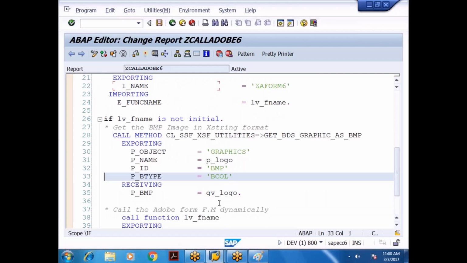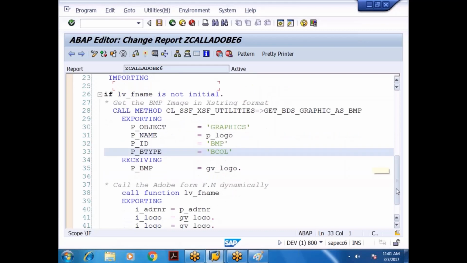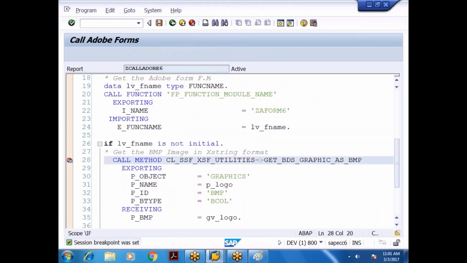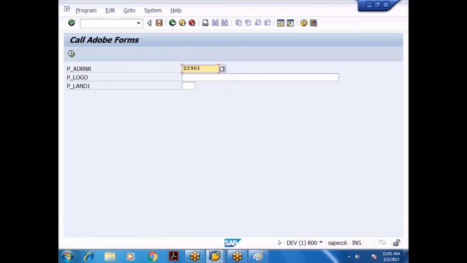Bitmap, BMP. Maybe some parameter. Let me check it. 22901. Execute this.